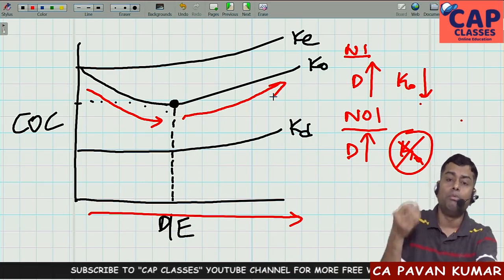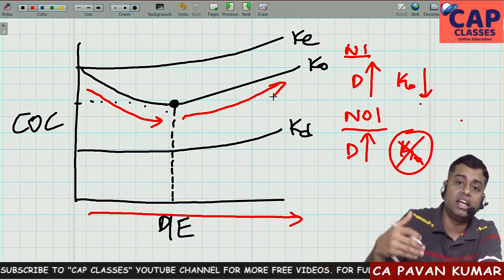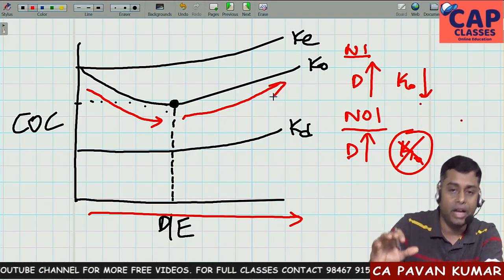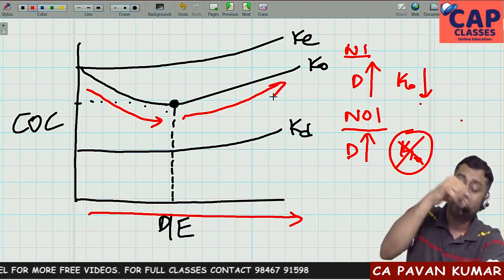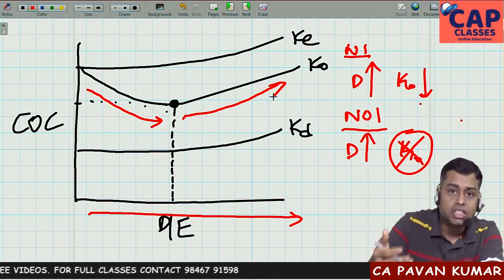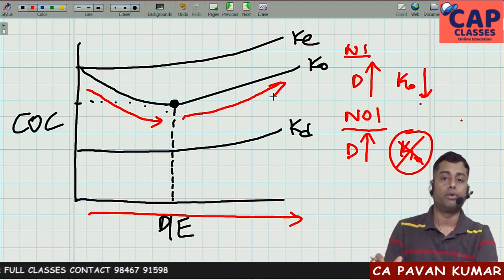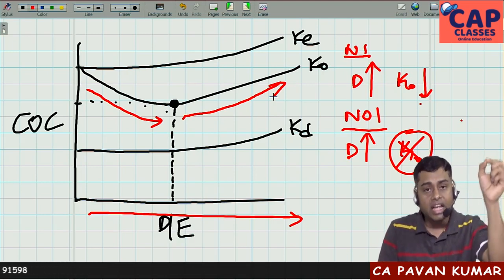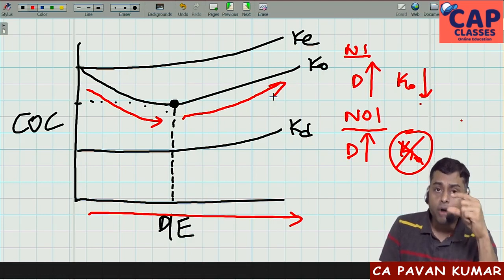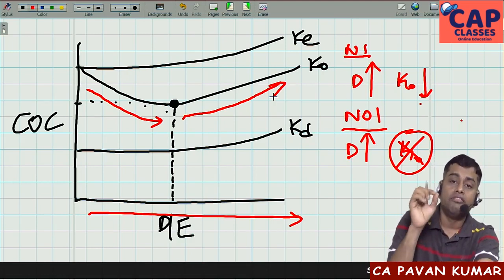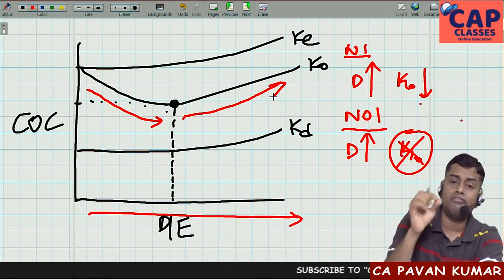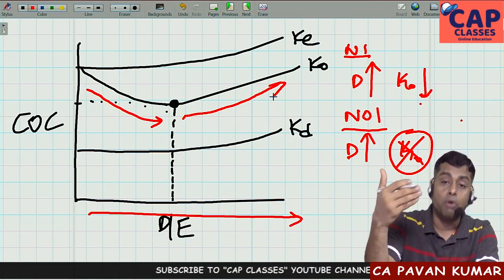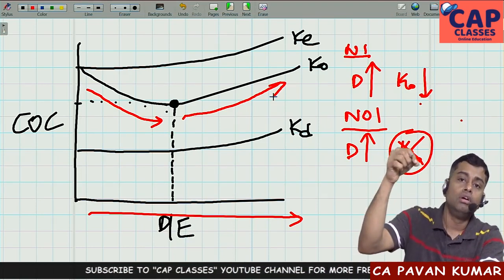Both the debt holder and equity holder are feeling the finance risk. So both of them will start increasing their demands. Banks will start increasing their interest rates. Equity shareholders will start increasing their expectation from the company. Then KD will increase, KE will increase, and automatically KO also has to increase. So according to traditional approach, initially when you start using more and more debt, first KO falls. But after a particular point, when both the debt holder and shareholder feel that the company is going into more leverage, more debts, more risk, then eventually KO increases.